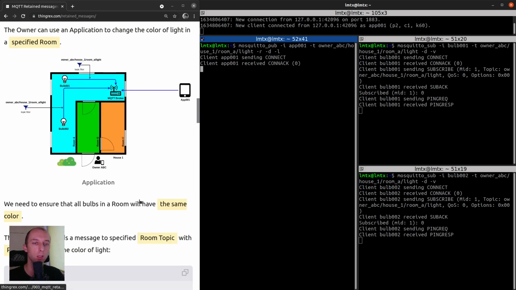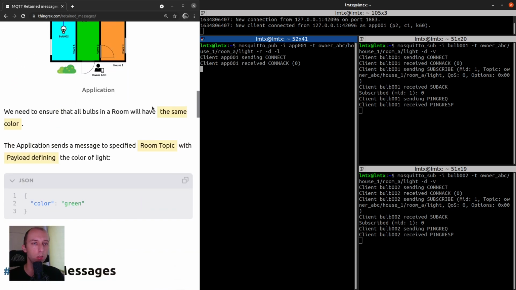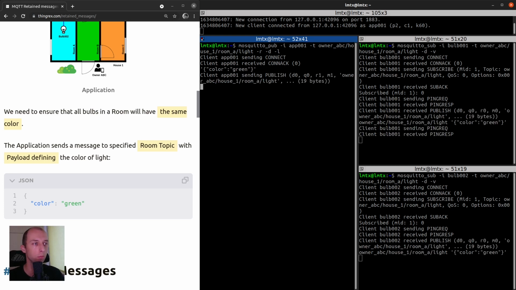Let's say that our user would like to change the color of light in this room to green. So we're going to send the first message. And as you can see, both of our devices received this message and hopefully changed the color of light to green.